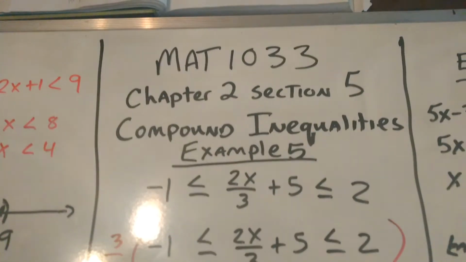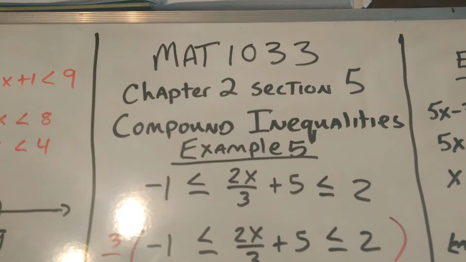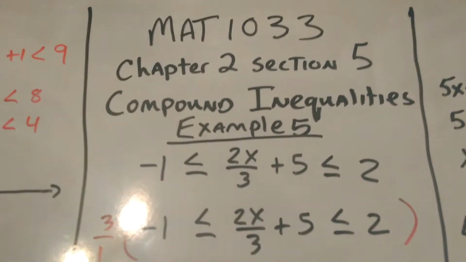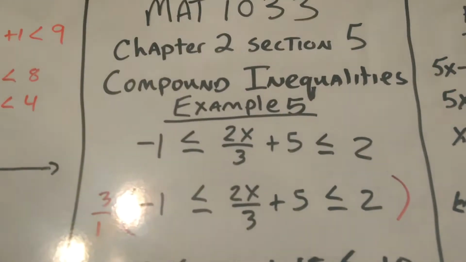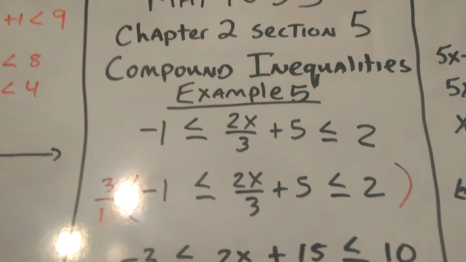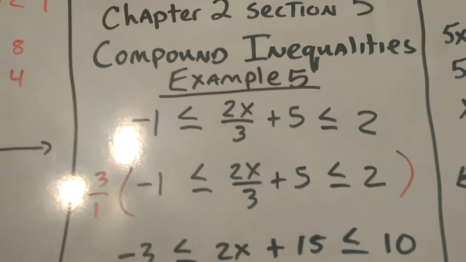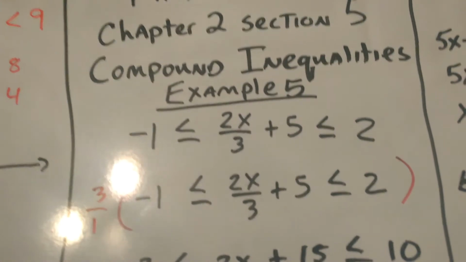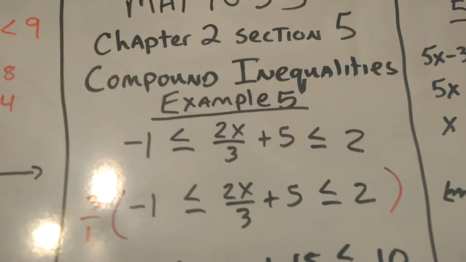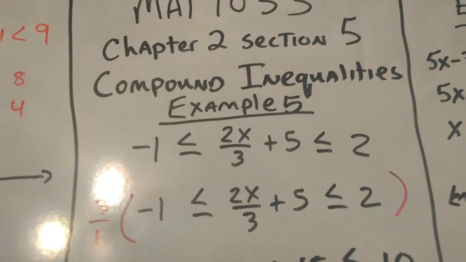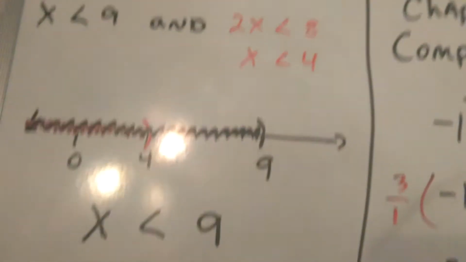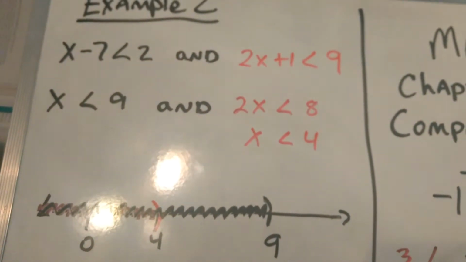This is Intermediate Algebra. I'm at 1033, Chapter 2, Section 5, Compound Inequalities. Don't let the word compound mess you up. Don't think that it's any more difficult than anything else. All it is really is two inequalities, and you graph either the intersection or the union. Make sure you remember that "and" means intersection,